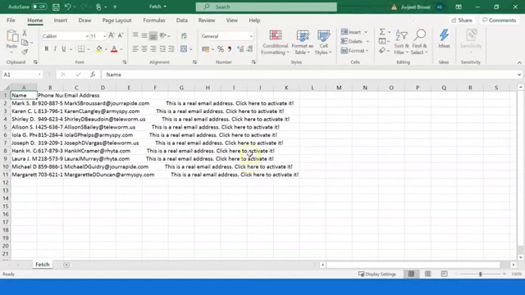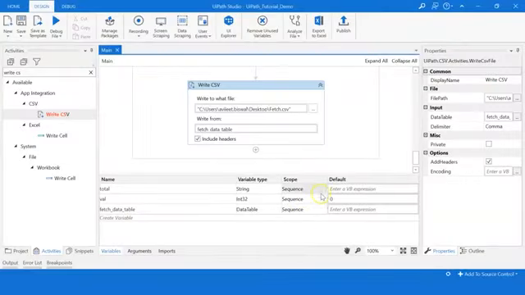There you go. So we have the CSV file. Let me open it. You can see it has extracted 10 rows of data and 3 columns, namely name of the person, the phone number, and the email address. So we are done with the first task of automatically generating data from a website. The next task is to send this file over email.